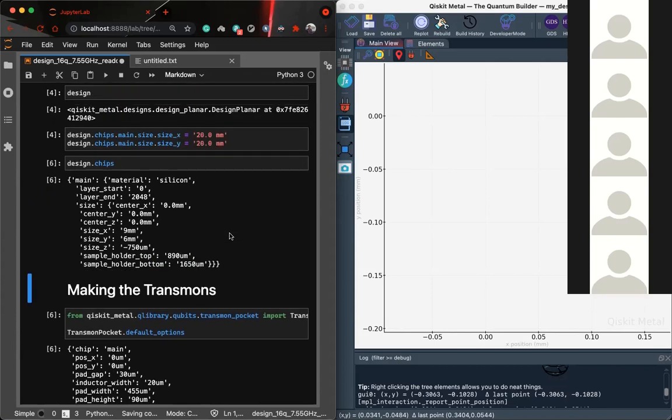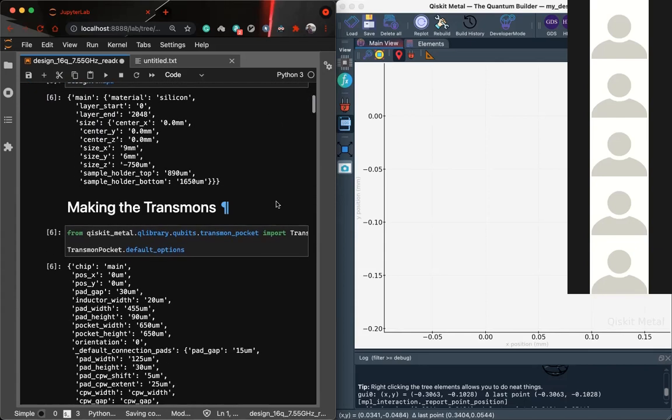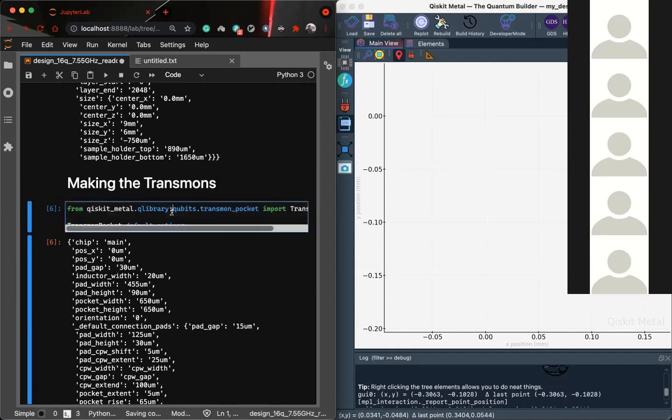Okay, now the first thing that we do is we start by placing some components. We have defined our chip size as 20 by 20 millimeters, that is 2 by 2 centimeters. Initially we start with the components from the Q components library. So we have the Q library under qubits and transmon pocket. We have this pre-made component, which is the normal transmon qubit. Okay, so we take this and